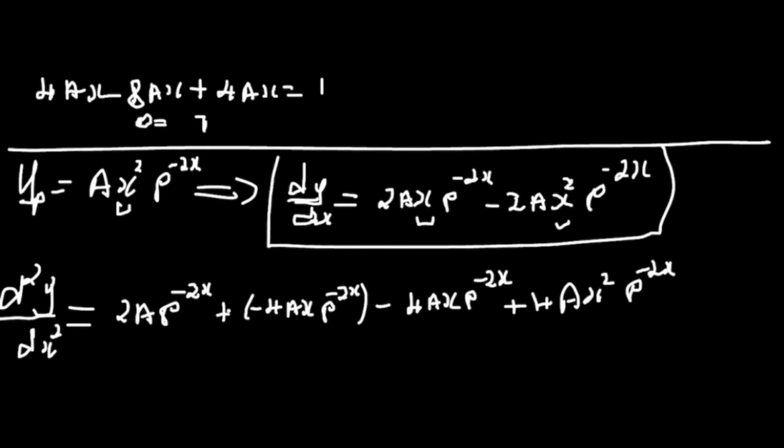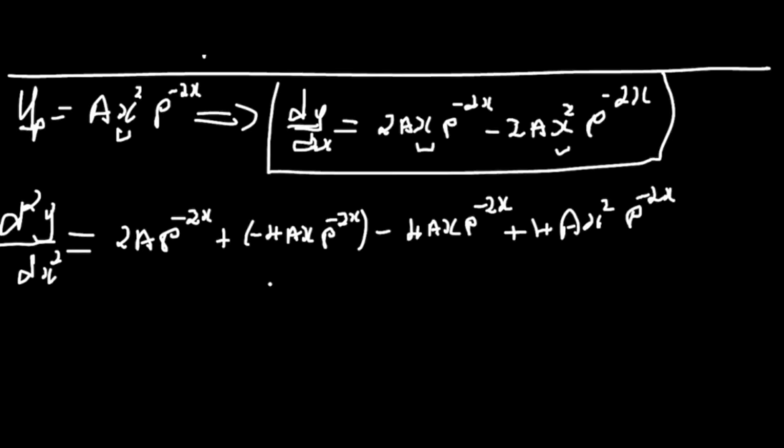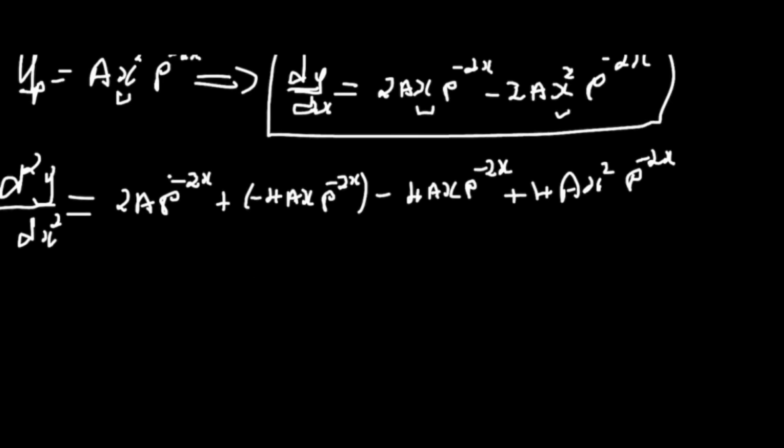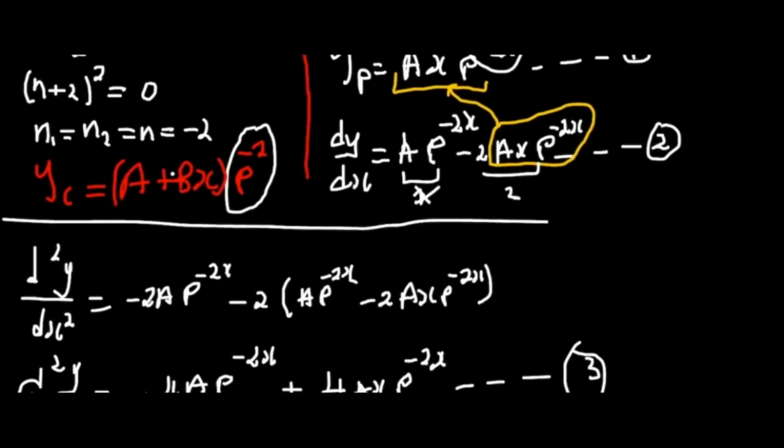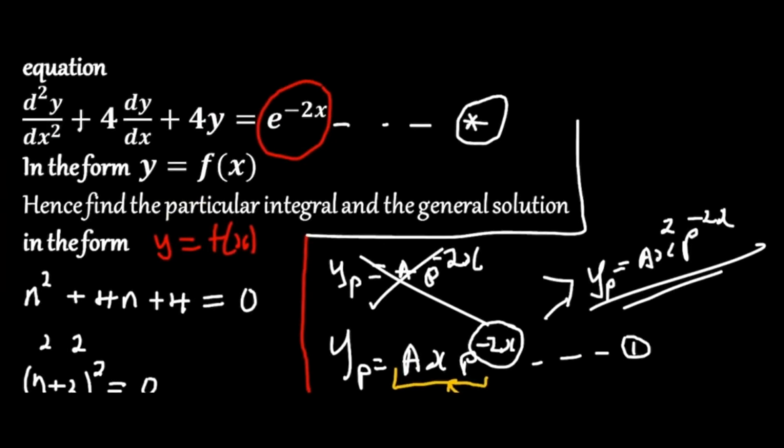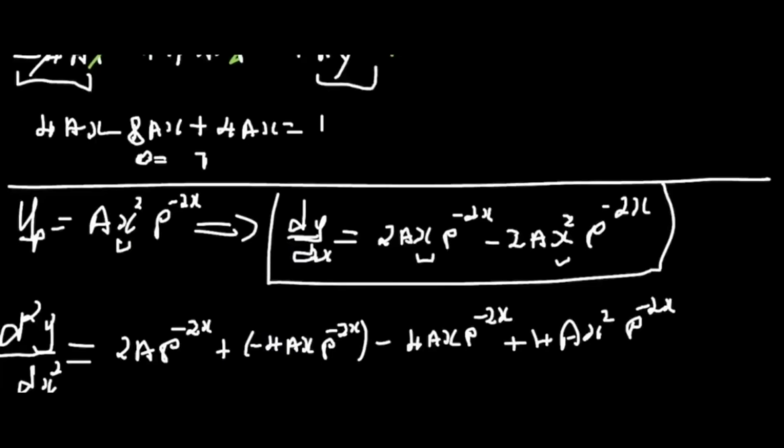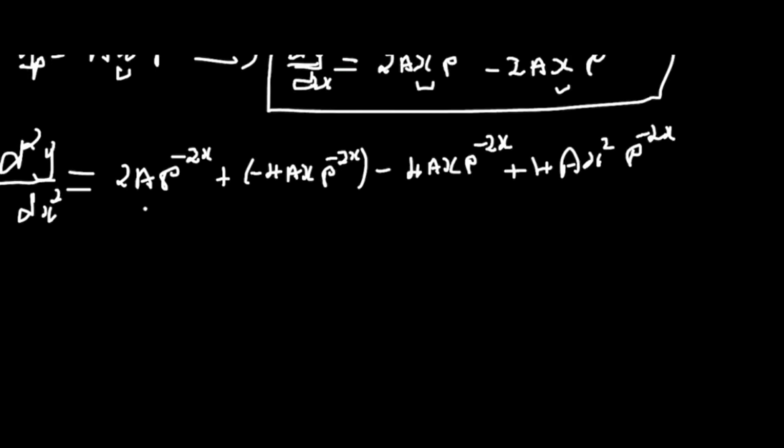Great. So this is our second derivative, and we're simply going to put this in our original equation above here. So our d squared y, we simply need to copy this function. So to copy this function here,